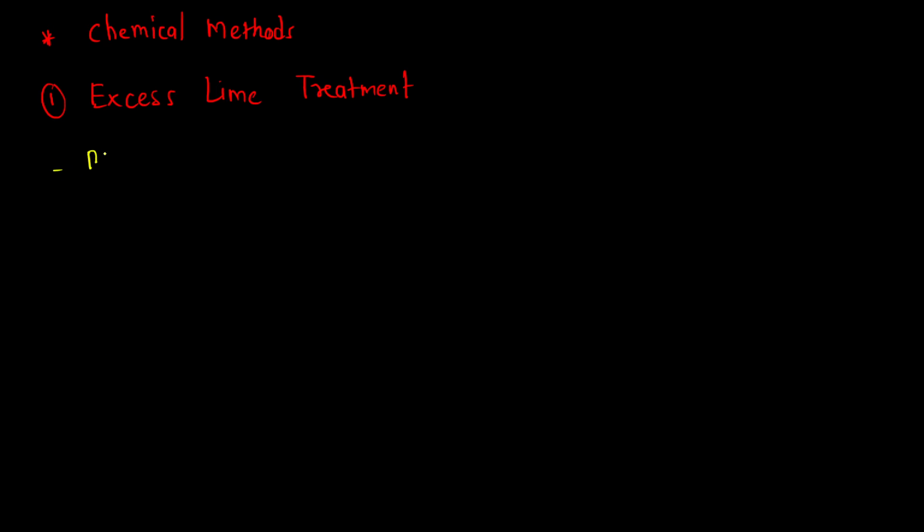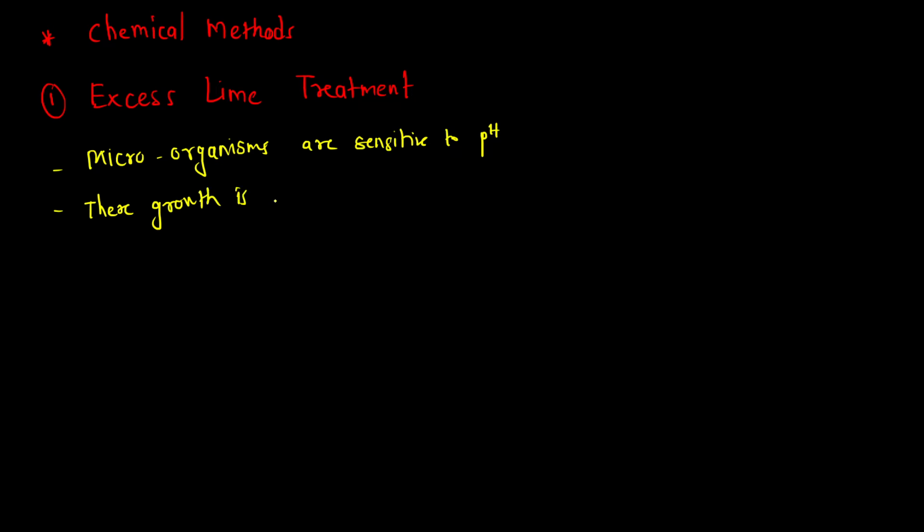The microorganisms are sensitive to pH. We have already written the note about this. Microorganisms are sensitive to pH. Their growth is maximum at pH equal to 7. As pH increases,